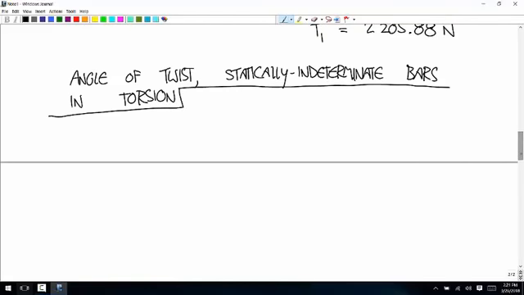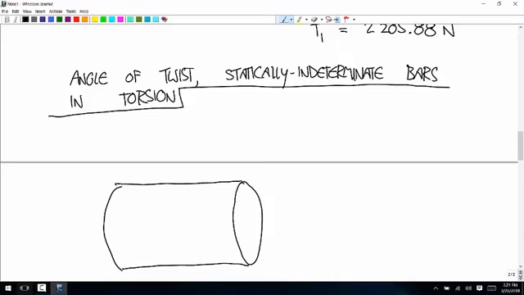What we're talking about is if you have a delicious piece of summer sausage and you apply a torque this way and a torque this way,